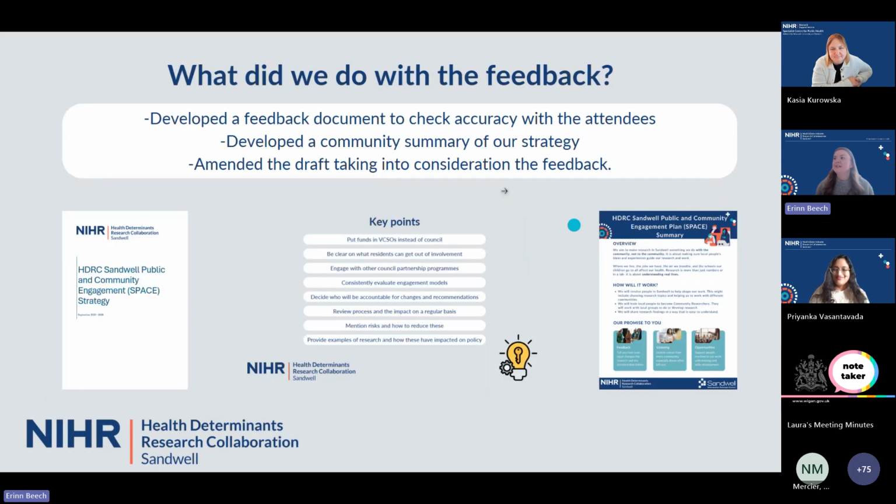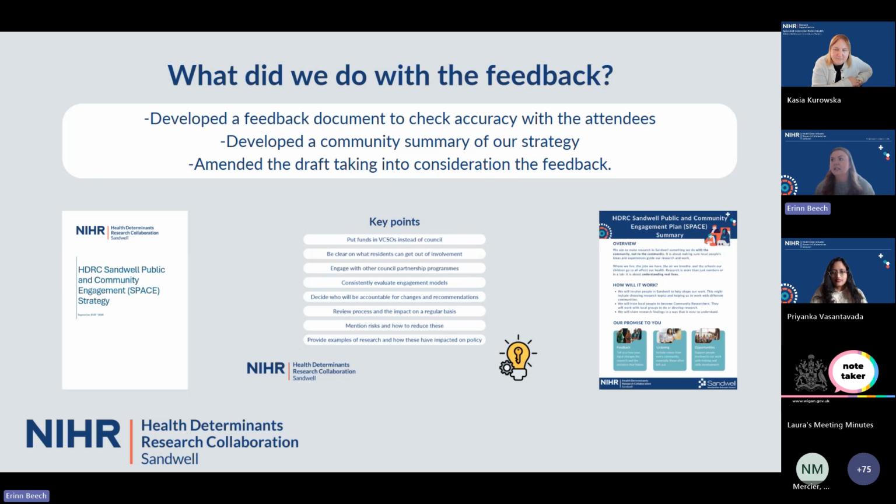Thank you. So in terms of what we did after we got all of this feedback, we collated all the feedback together and developed a document just to check the accuracy of the feedback with the workshop attendees. So this was all sent out to all of the community organisations, residents, elected members and internal staff that attended the workshop, just so we could make sure that it was reflective of what they said during the day. We also, because of what Priyanka has said around it not being accessible, developed a community summary of the strategy. So you can see that on the right hand side. This just gave an overview of what we want to do, how it will work, and then the 3 main principles and promises that we'll be making to the community and residents for their engagement